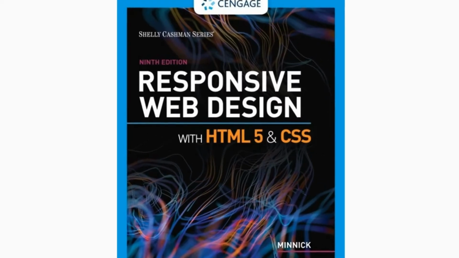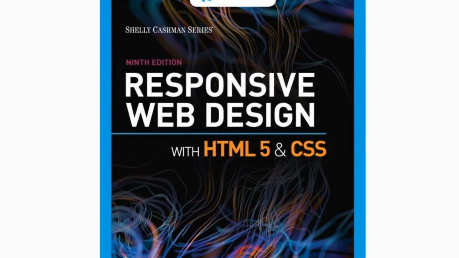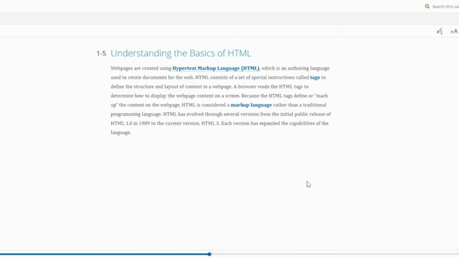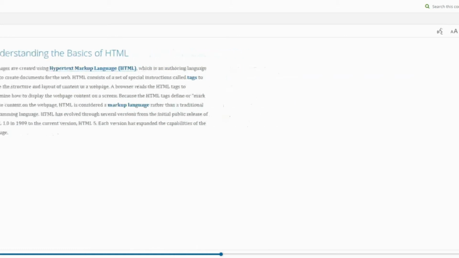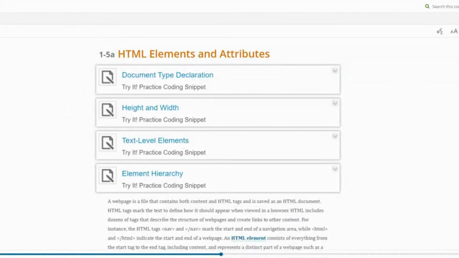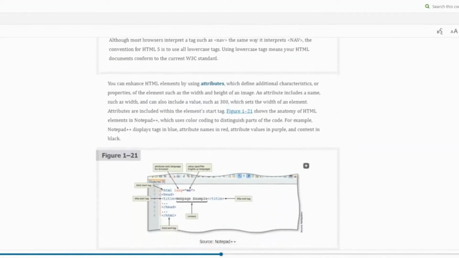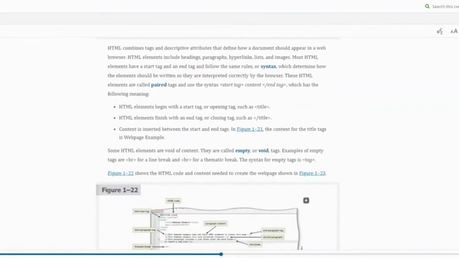Responsive Web Design with HTML5 and CSS walks your students step by step through the process of creating effective websites that drive traffic and retain customers. The new edition provides a solid foundation in HTML and CSS concepts before diving into responsive web design, which is